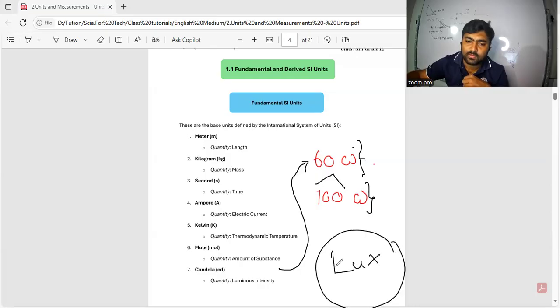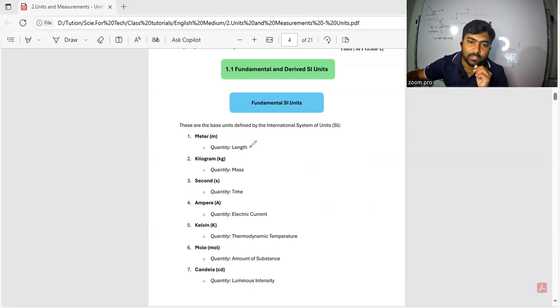Lux is also used to measure luminous intensity, but this is not an SI unit. We can measure length by kilometer, but this is also not an SI unit. We can use it, but it's not an SI unit. Then kilogram, and we can use ton, milligram. Likewise, there are a lot of units, but we have defined SI units